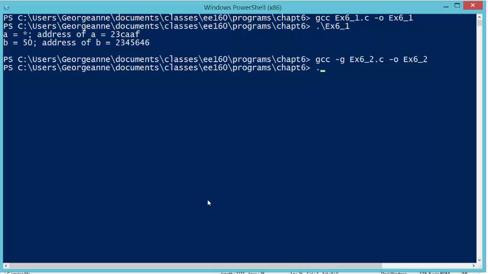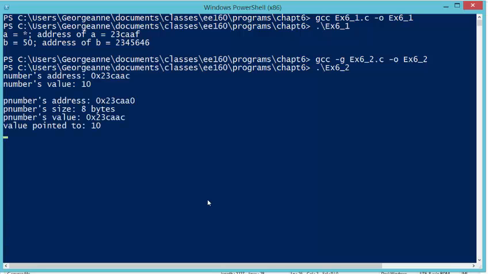So just for the front of it, let's make sure it runs correctly and I have nothing unexpected. No problem. So it says right here that number's address is right here. This is a hexadecimal value. Number's value is a 10. Remember, I actually put it in hex as